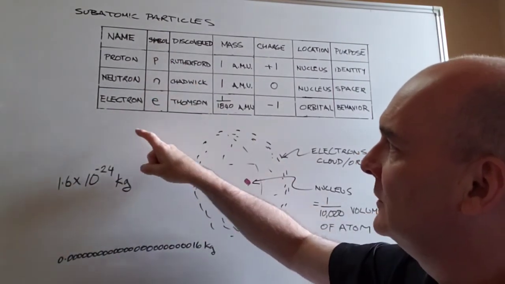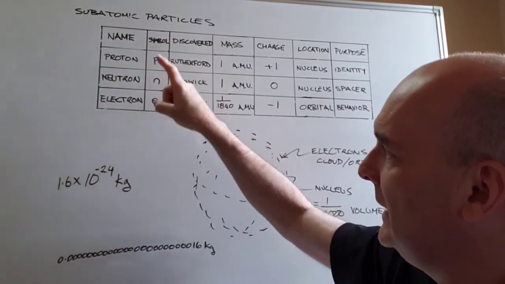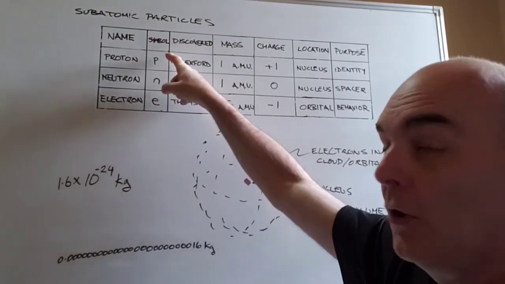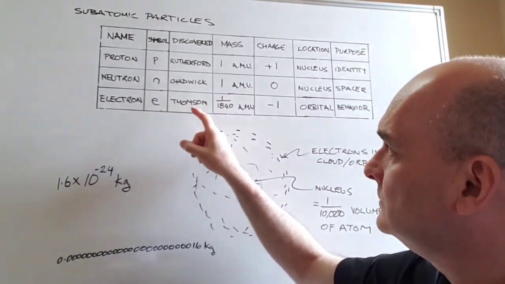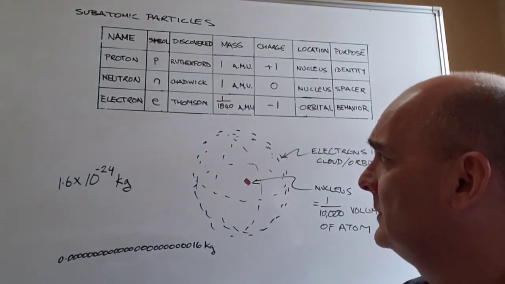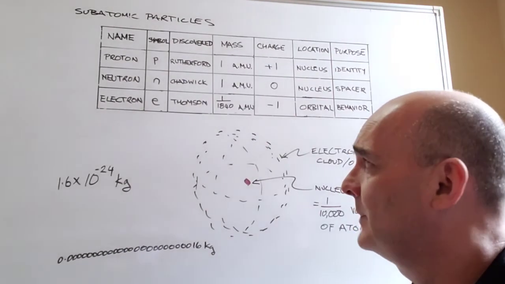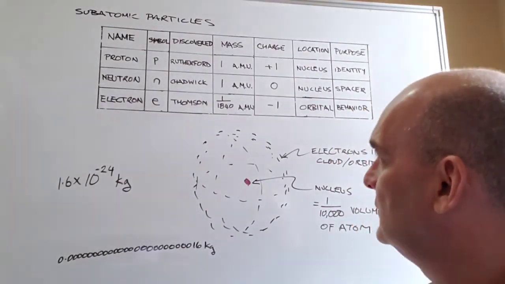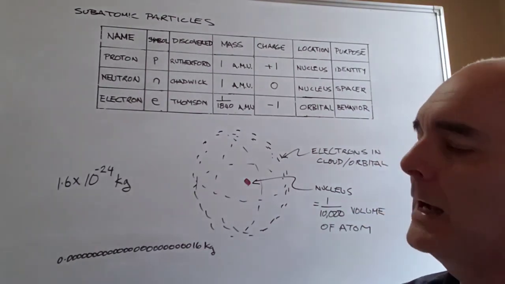Protons, neutrons, and electrons. Protons are given symbol p, neutrons are given symbol n, electrons are given symbol e, all lowercase. Proton was discovered by Rutherford. The neutron was discovered by Chadwick, and the electron, the first one to be discovered, was by Thomson. Now,